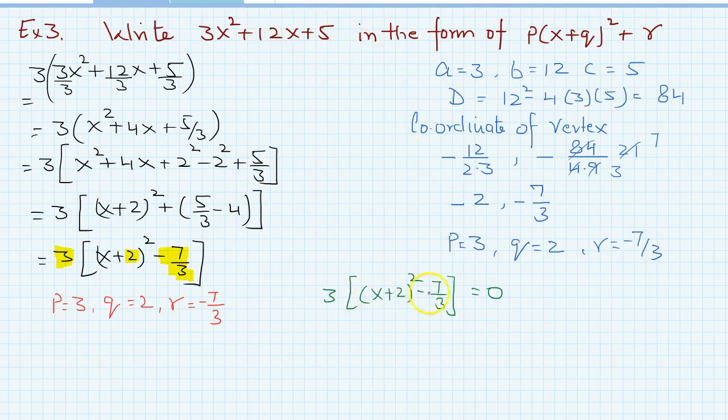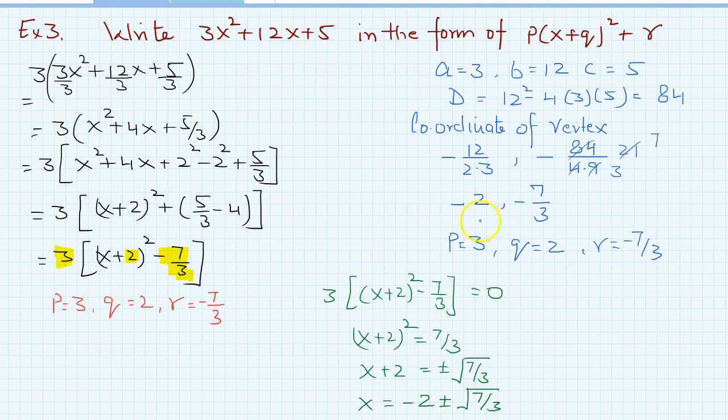So 3 is not 0, so it means this is 0. So (x plus 2) square is equal to 7 over 3. x plus 2 is equal to plus minus root 7 over 3. So x is equal to minus 2 plus minus